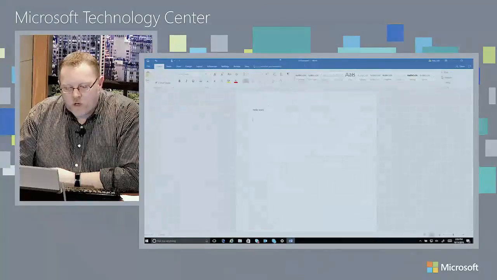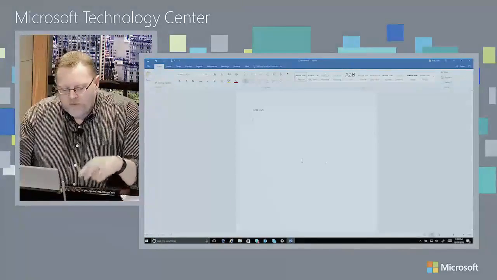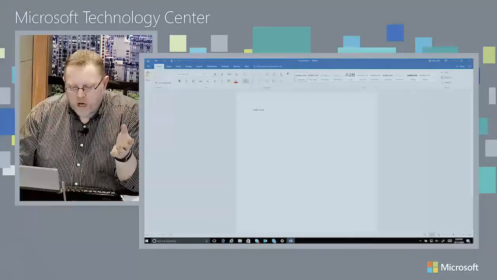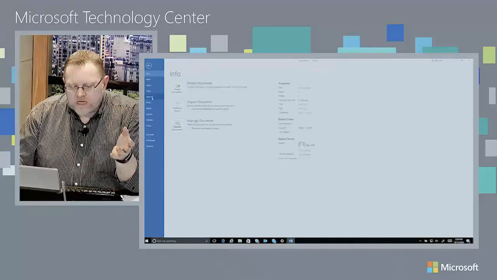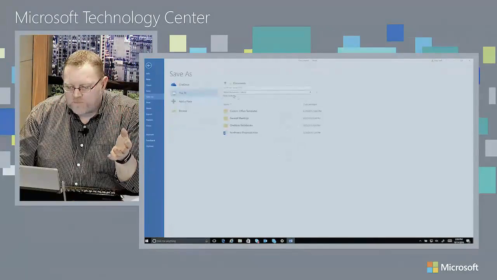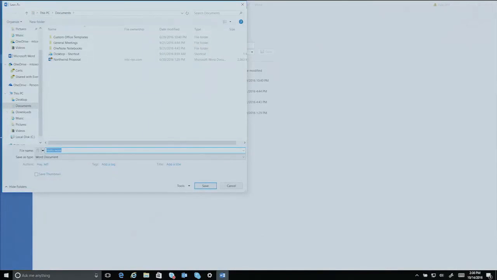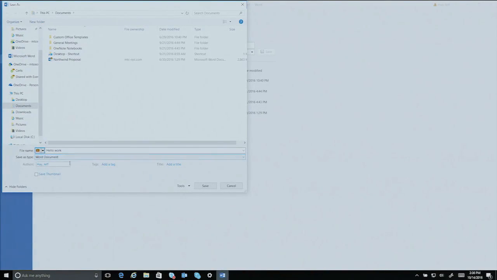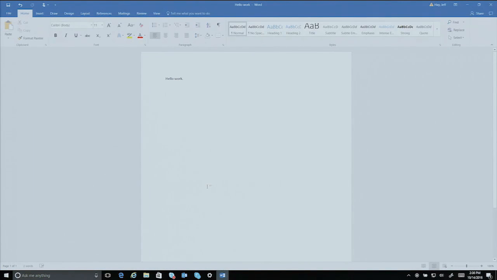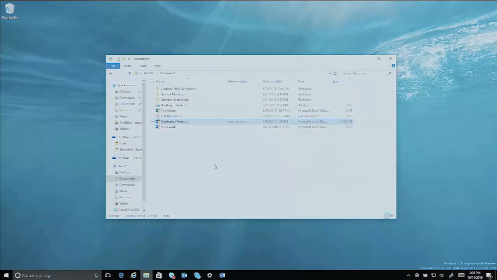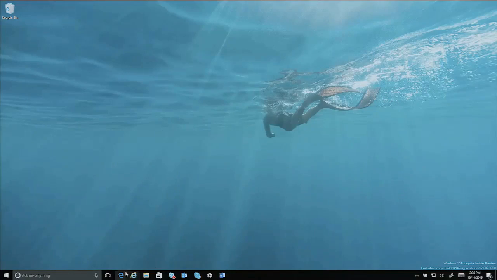So I have a Word document sitting here, and the Word document's got a little bit of content in here, but what I'm going to do is go off and save this document. So when I click on the More Options here, you'll notice that Word is an enlightened application. Now I'm using the latest version of Office 2016, where I could actually say, hey, this is a work document, still save it into my local drive, and Hello Work will actually get created there and marked appropriately.